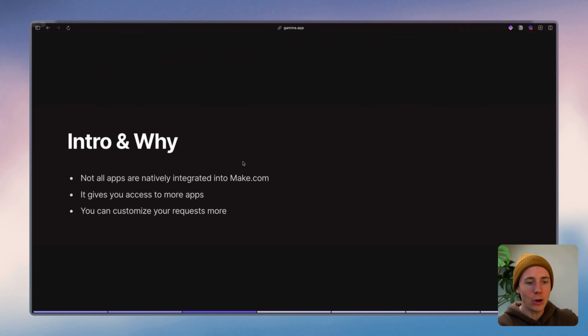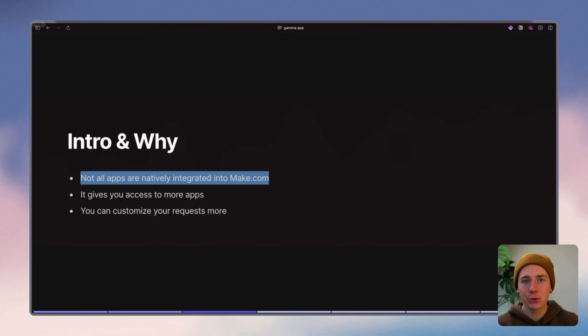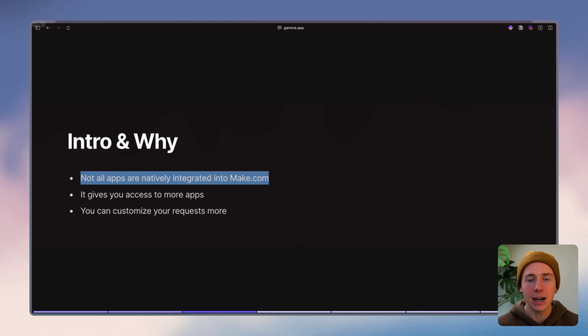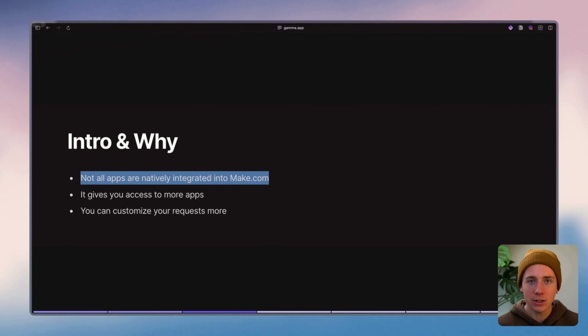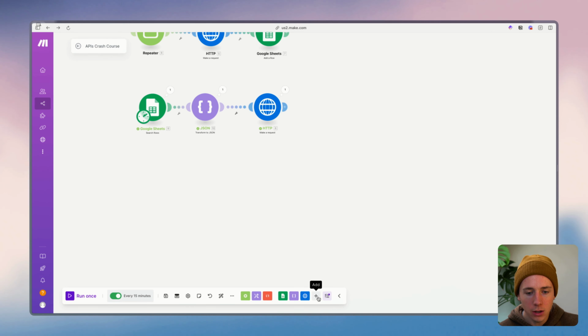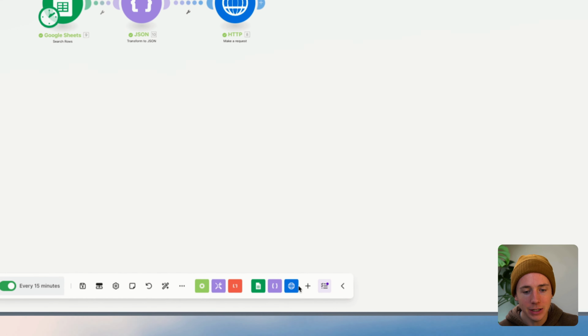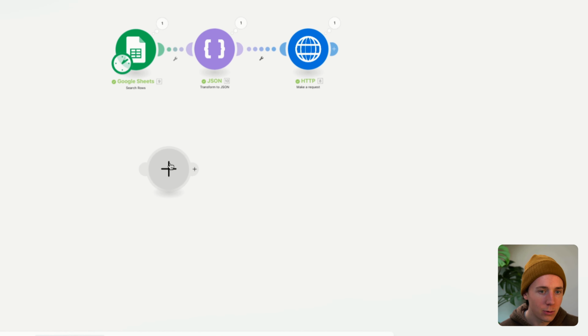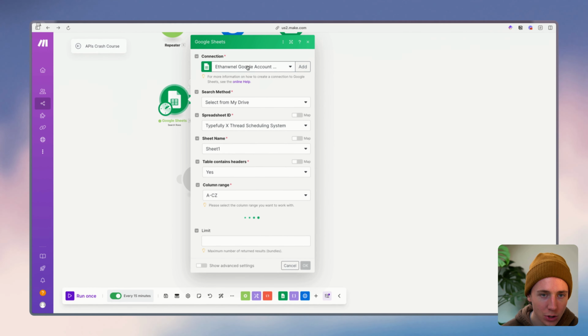So before we dive into how we're going to set them up, the reason APIs are important is because they give you access to more apps, right? If you didn't know this, make.com is essentially just a nice user interface for APIs, right? Every single app that you see inside of make.com is essentially just a nicely packaged API. If we go inside of make.com here, all of these apps are just make.com's native API integration. If we click add a module here, like this Google Sheets module, this is